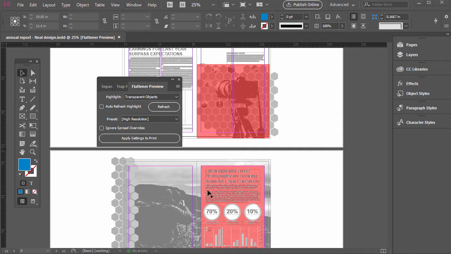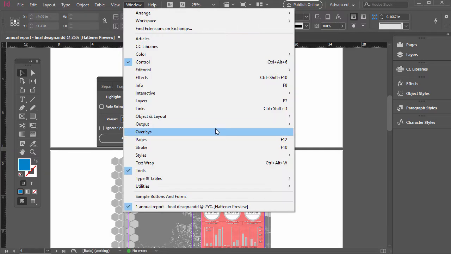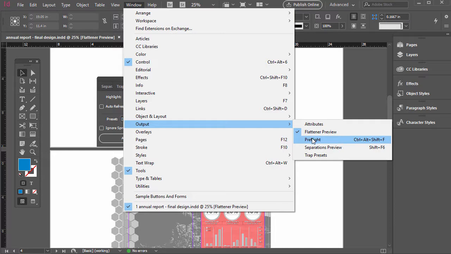As far as getting ready to export or getting ready to print, earlier we went to Window, Output, and then Preflight, or just double click on the Preflight status update here. And we also covered the separations preview in the section on color, but there's another panel to check out when we're preflighting and just checking our documents to make sure they're ready for print or to export, and that's the